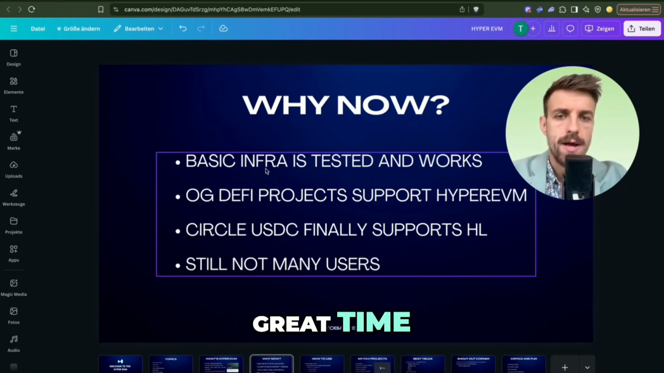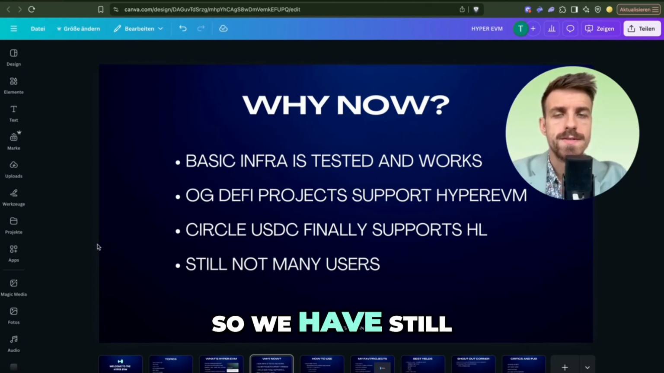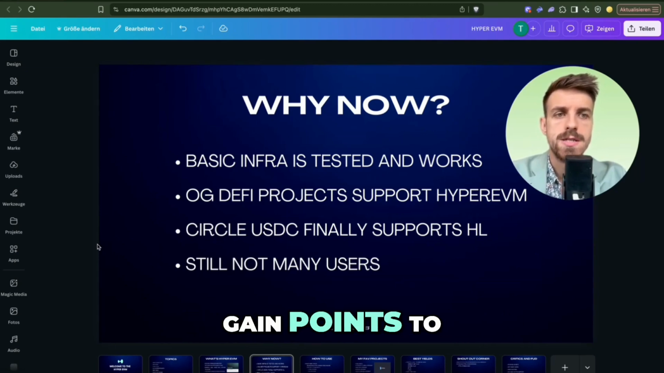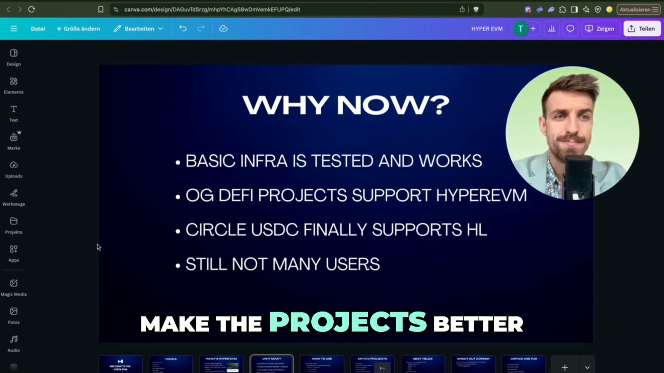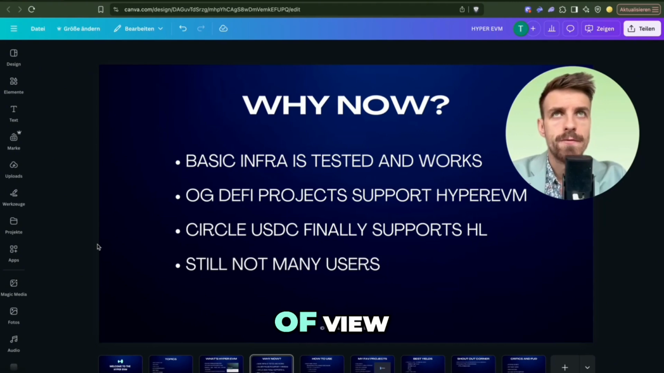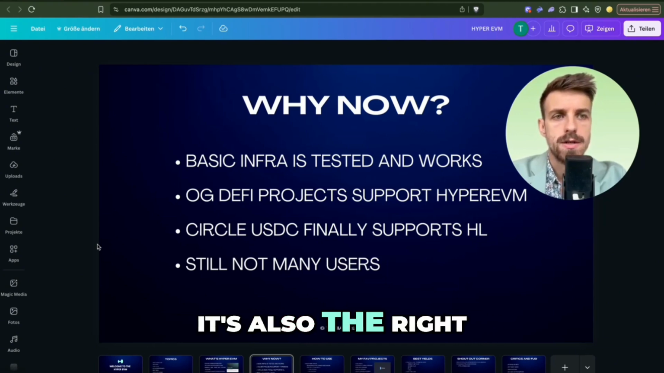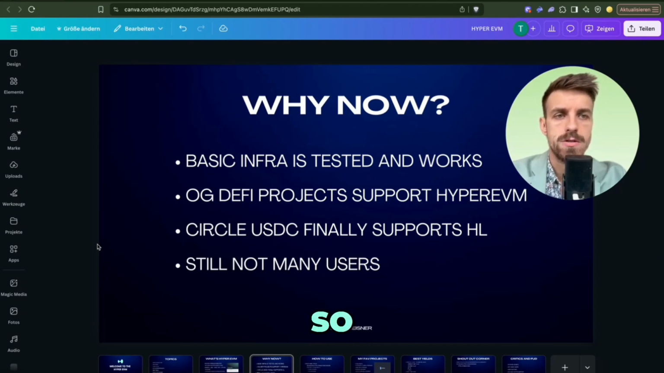So now is a great time, but it's still not that many users. So we have still a lot of time, still a lot of new projects coming up where it's easier to gain points, to basically give feedback, make the projects better. And from my point of view, if you got the HyperLiquid airdrop, it's also the right thing to do to support builders on HyperEVM. So just